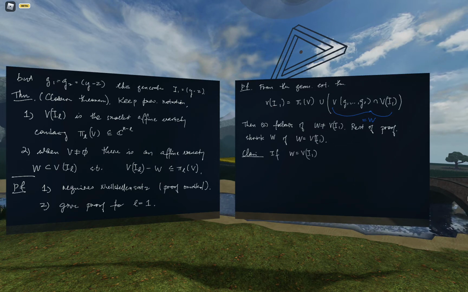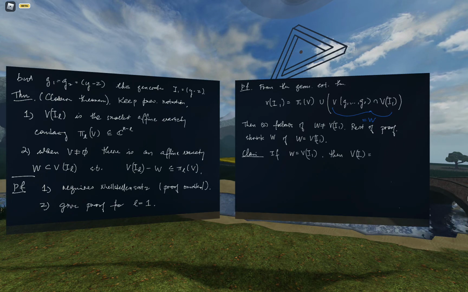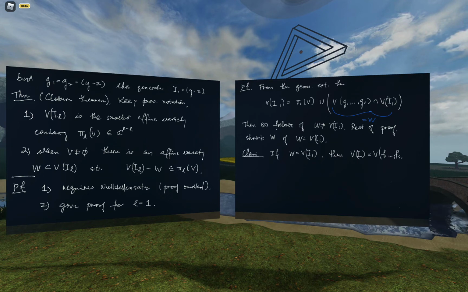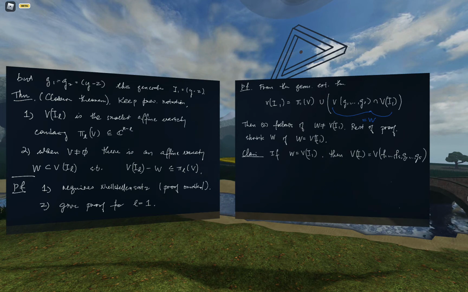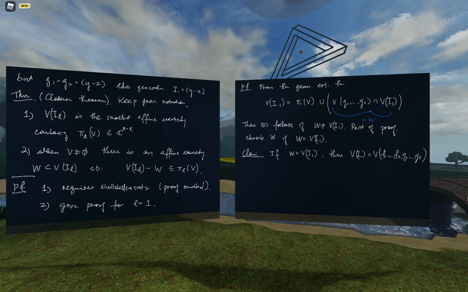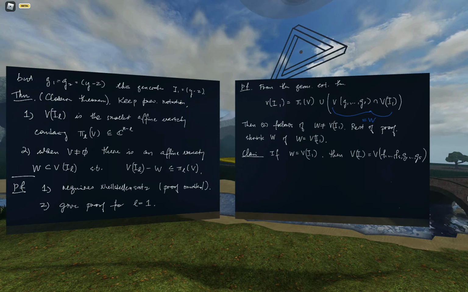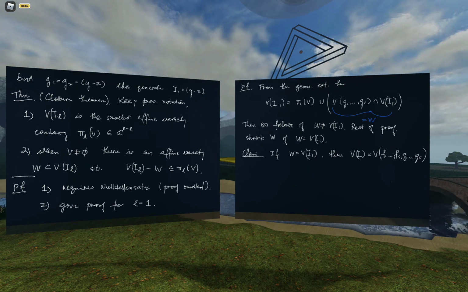Okay, so we're going to assume that this is the bad situation where W is VI1. Then the claim is that VI is equal to V of F1 to Fs, G1 to Gs. What is this saying? Remember, VI was just V of F1 to Fs. So this is saying that adding these extra G1 to Gs doesn't change the variety. It's the same variety. So what we have to show, proof of claim,